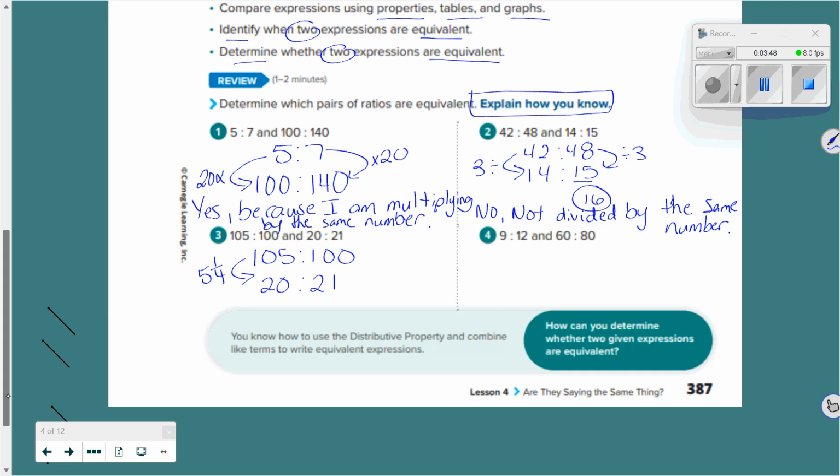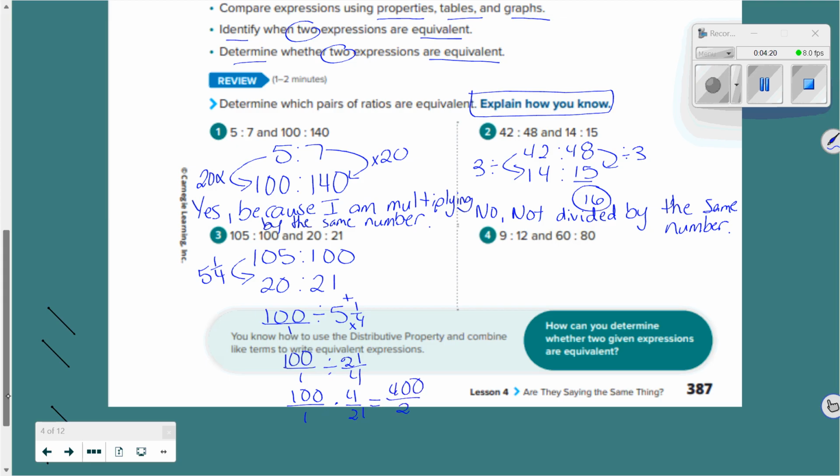So now I need to see if that works with 100. How do I divide a whole number by a fraction? Make the whole number a fraction by making it over 1. So I have 100 over 1 divided by, what's 4 times 5, plus 1? Now how do I divide fractions? Keep, change, flip. Times 4 over 21. So 100 times 4 equals